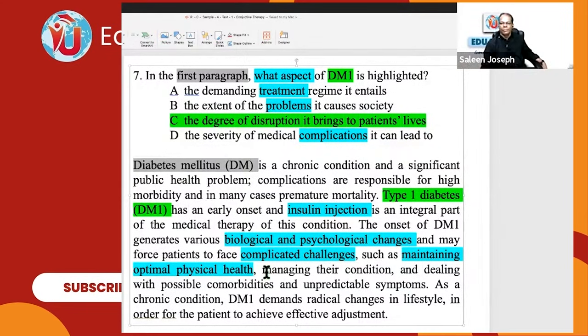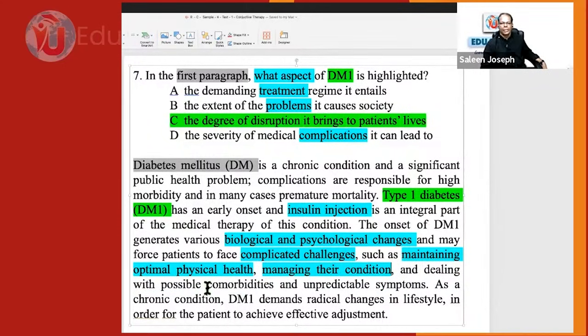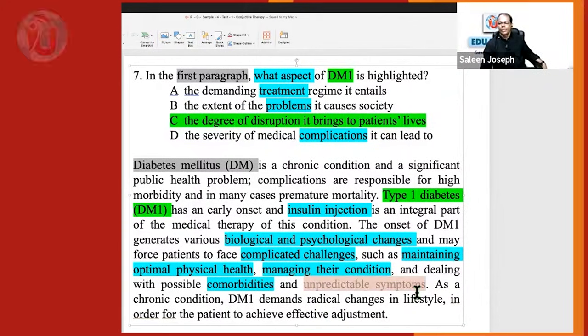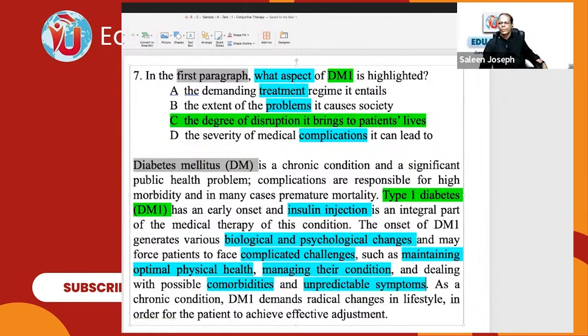And managing their condition. Managing the condition takes a lot of effort, so that's also a disruption. And dealing with possible comorbidities. Comorbidities, you know what they are? Maybe they have retinal problems, or complications with the heart, or neuropathy, all those things. Okay, unpredictable symptoms: they may feel tired, exhausted, they may go unconscious. As a chronic condition, it demands radical changes in lifestyle. All these are disruptions or difficulties or challenges for the patient to achieve effective